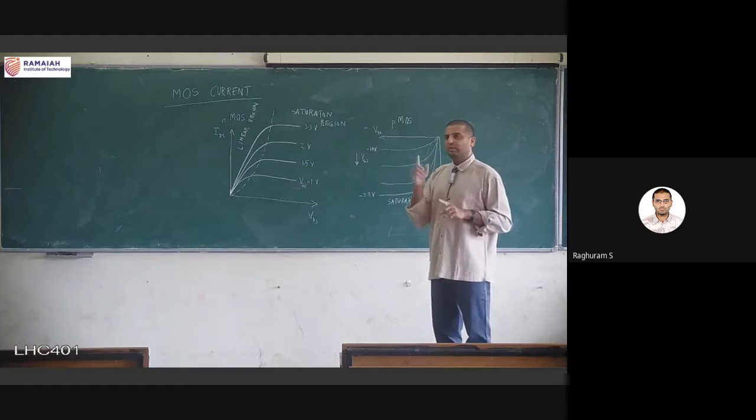One is W by L. If the W by L is higher, we can control the current and get a higher value, and generally we always prefer